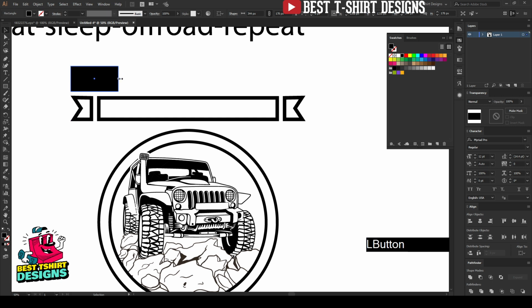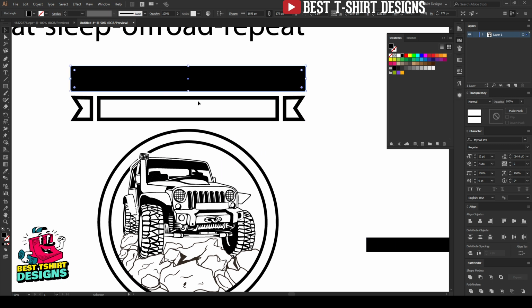So let's create something like this. They both are the same width, and this one I want to make round like this. I think that is fine, or simply I can make it a bit smaller. That will look good, maybe like this.